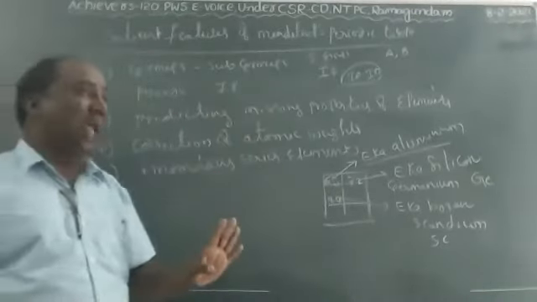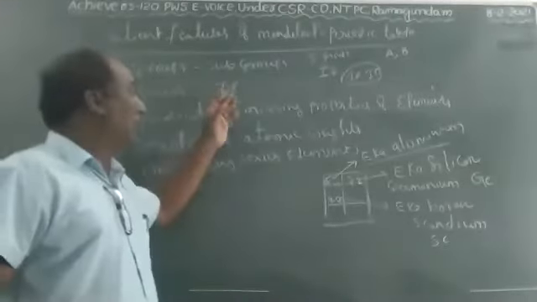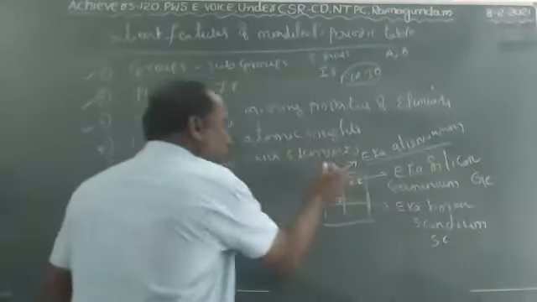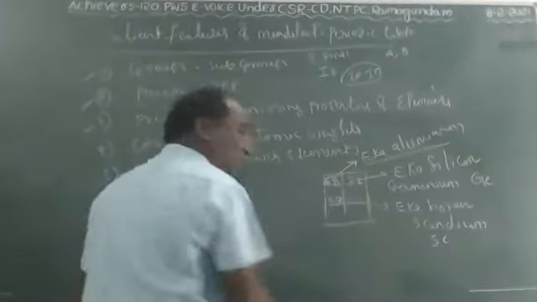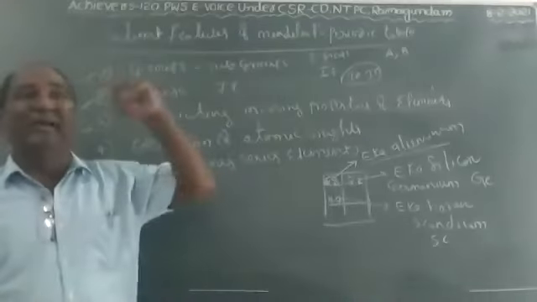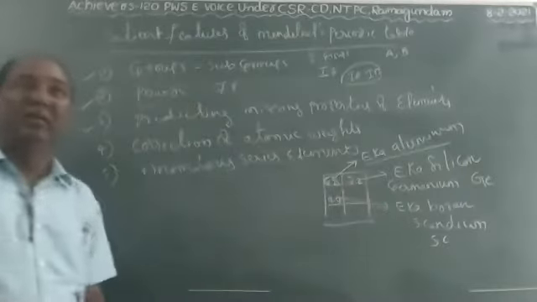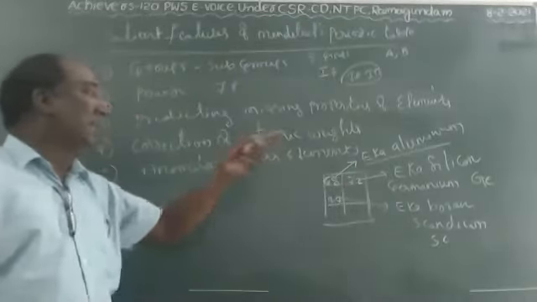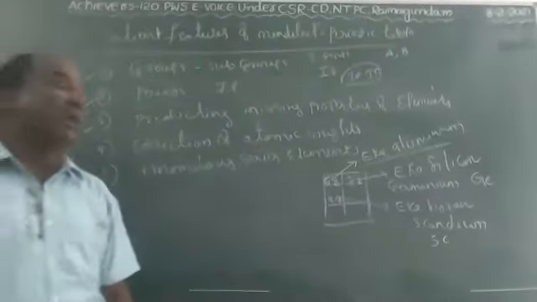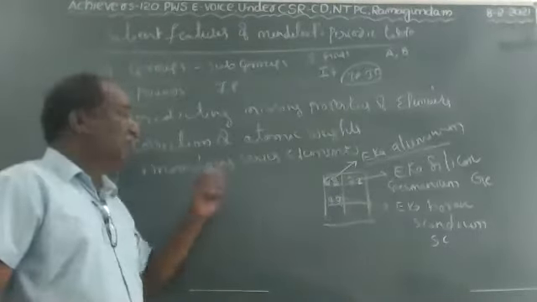Are you understood, children? Actually, he did not know what the element is, and did not know what the atomic number is. He just believed only the atomic weight. Just like that, he predicted some atomic weights of elements. These elements must and should be discovered in future. He imagined like that, and according to that, he placed them by atomic weight in the periodic table. After discovering the original elements, they are exactly suitable where Mendeleev predicted the atomic weights. This is the main important feature of Mendeleev, the most important of Mendeleev's thought.